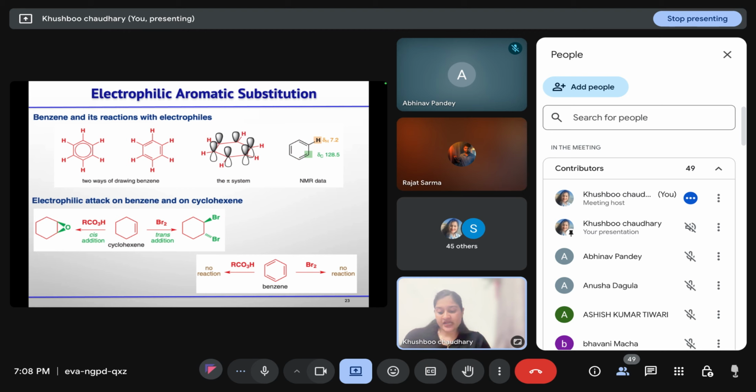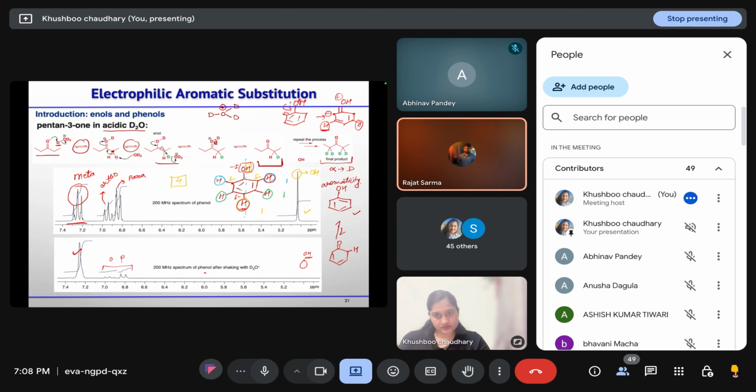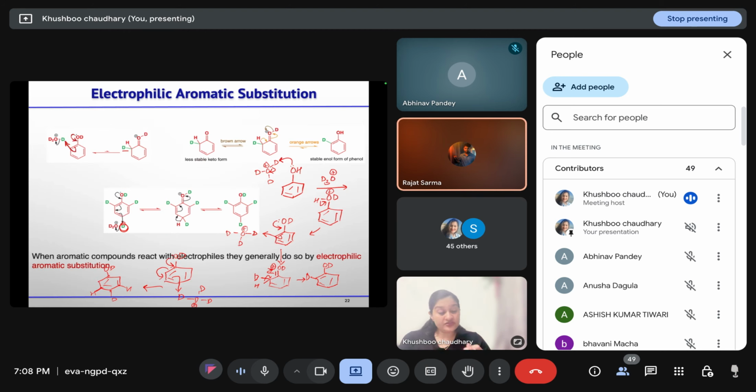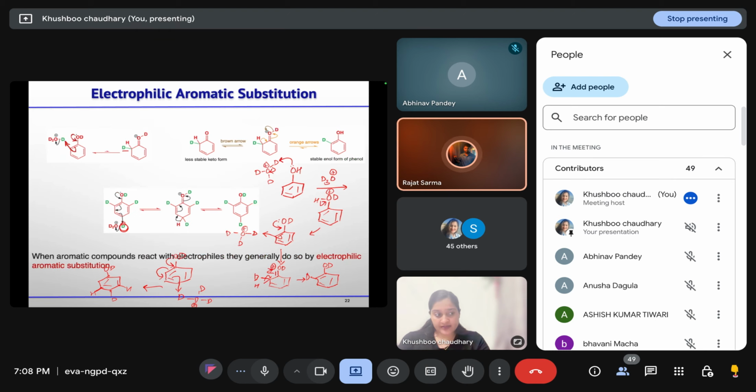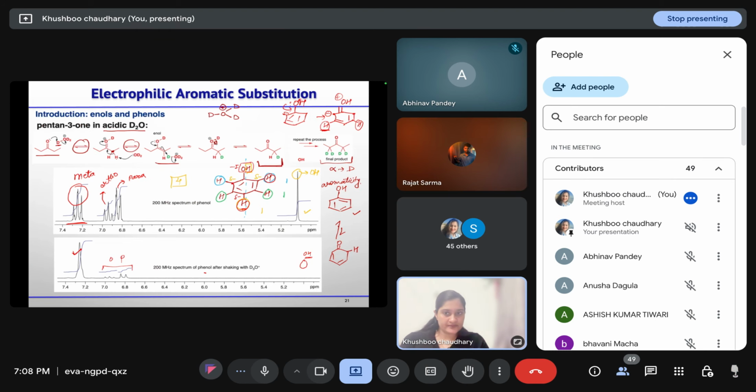Now ma'am, why do the ortho signals get suppressed? Because deuterium is not NMR active. So if there are molecules that have deuterium in them, that signal will not come, so the peak height will decrease. But for meta, the height will remain the same. Only for ortho and para, the height will decrease, because the deuterium signal is not shown.